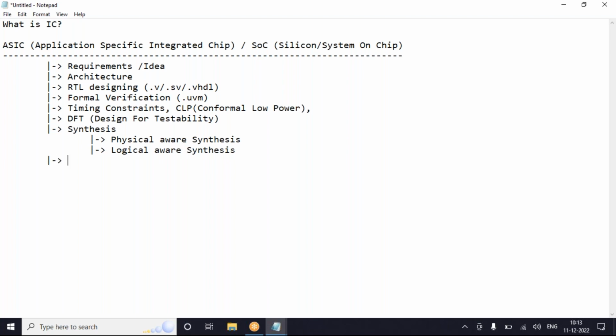Whether we will be using physical aware or logical aware synthesis. Nowadays, we use only physical aware synthesis. The logical aware synthesis is long gone. We don't use it. We don't prefer it actually. Okay, the next part is after synthesis, your PD starts. Physical design.